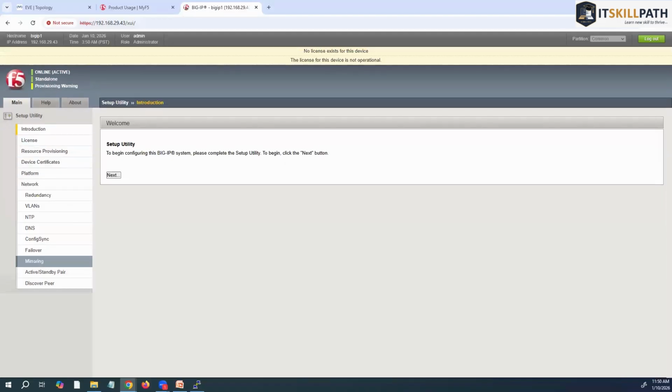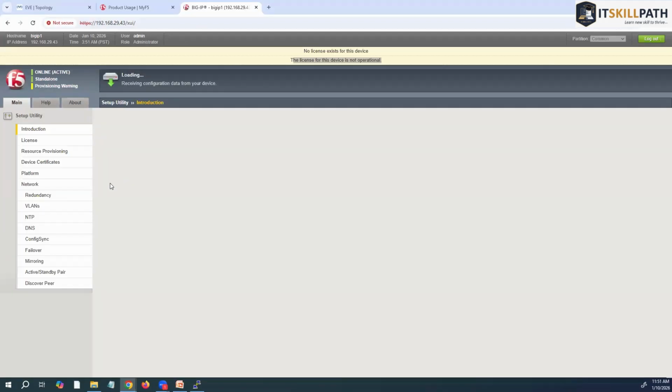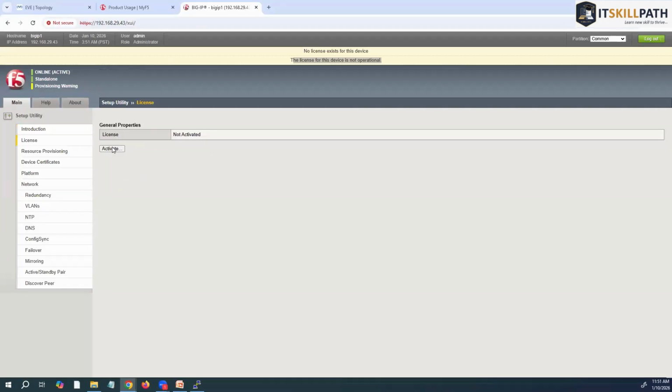Here you can see that we are not getting access to our whole module because the device has no license. The license is not operational, so we have to do the licensing. How do we do the licensing? We'll go to the next, click on the next button, activate